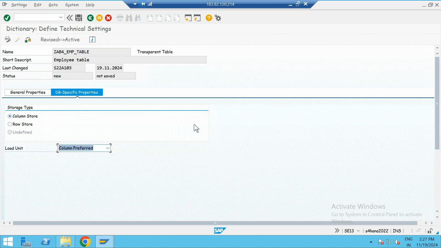If your table is being used for extracting the data more than adding the data. Imagine this employee table. Let's say you're maintaining the data every single day, every day you're adding an employee, removing an employee, changing an employee. In this case,